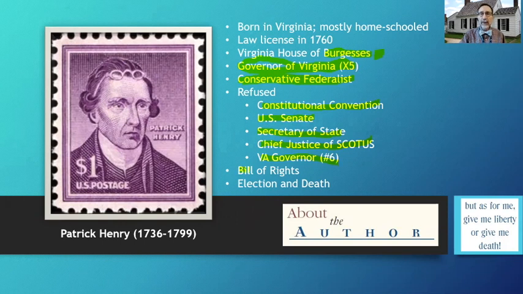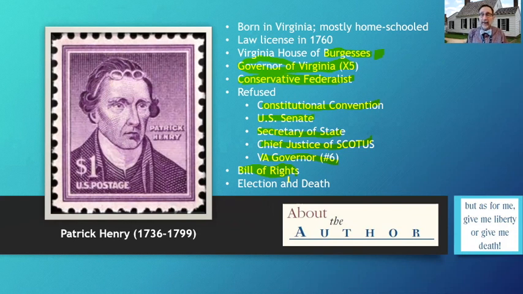Now, his relationship with the Bill of Rights is rather interesting. After the Constitution was ratified, there were groups of people who started to believe that maybe we need to specify certain rights that states or anybody can't take away from other people. Let's make a list of those rights. Other people started to worry: if we make a list of rights, does that mean that anything that's not on our list of rights can be taken away? And so there was this question of how do we do this right?